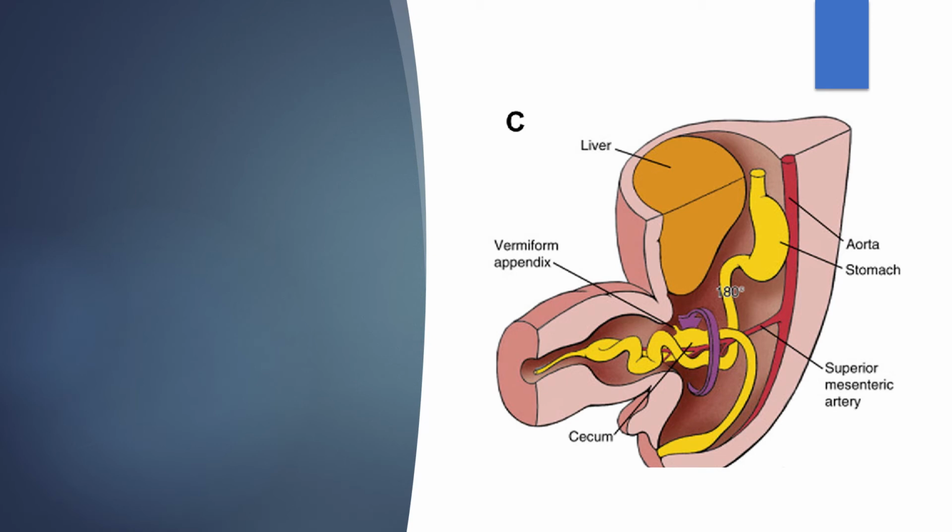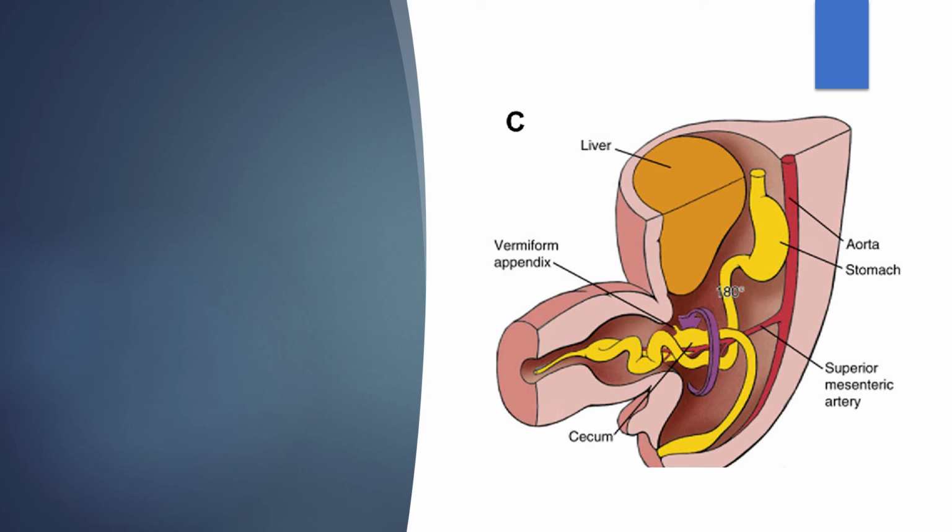This rotation makes all the intestinal content re-enter the abdominal cavity, up to the cecal part, because the cecal part is very enlarged, so it takes time to enter into the abdominal cavity. So the intestinal loops, the series of coils and all first enter into the abdominal cavity, and it goes to the